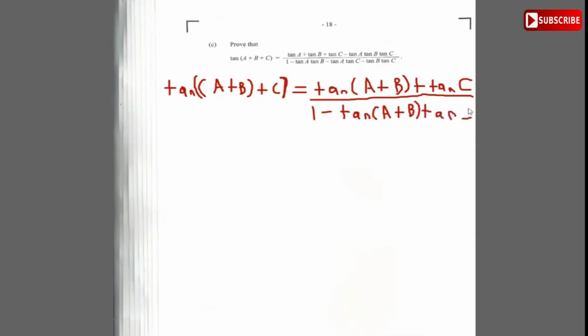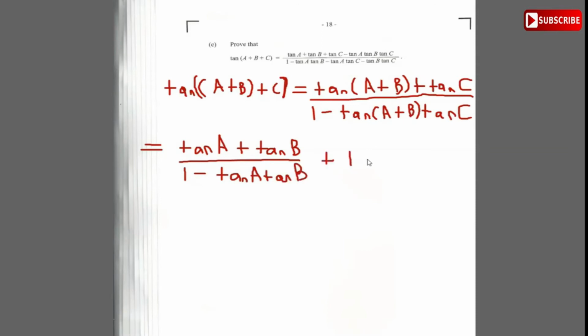Nice and easy. So this is what we have. So this is going to be equal to, simplifying the numerator now, the tan of A plus B plus the tan of C. The tan of A plus B, we're just going to use that formula again. Tan of A plus B is tan A plus tan B divided by 1 minus tan A tan B, plus the tan of C over,